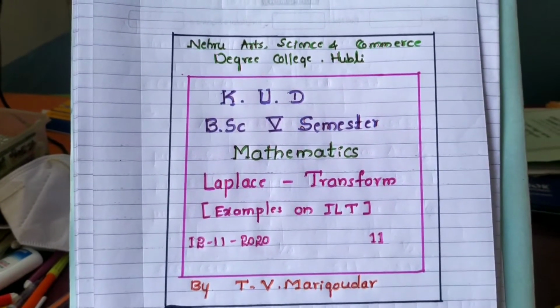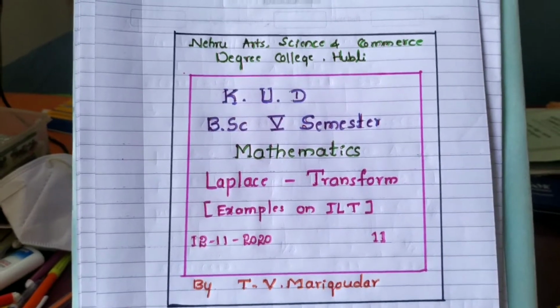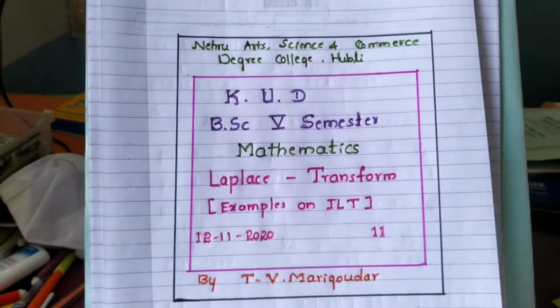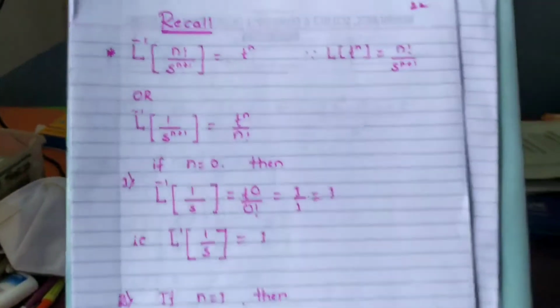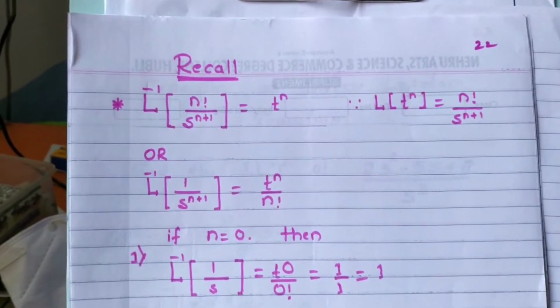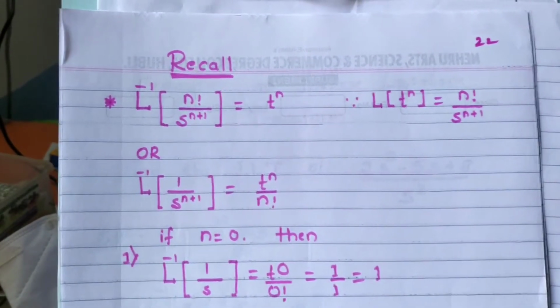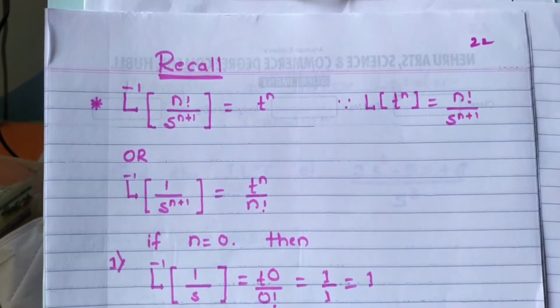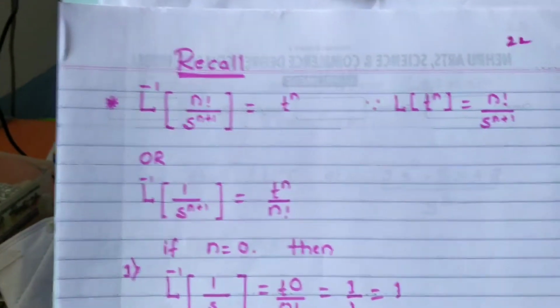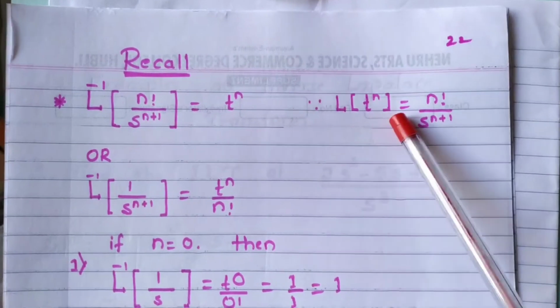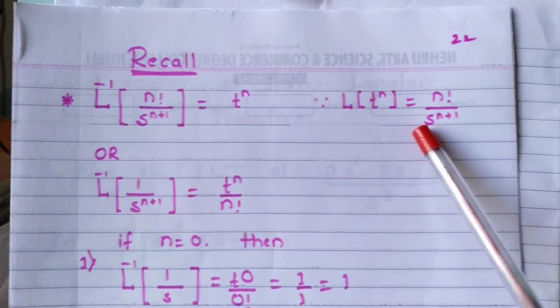Already we did the examples on Laplace transform. Now with the help of that, to work out some examples on inverse Laplace transform. For this it is very necessary and important to recall the things of Laplace to inverse Laplace. Look at this one. What is L of t raised to n? We know that L of t raised to n is n factorial divided by s raised to n plus